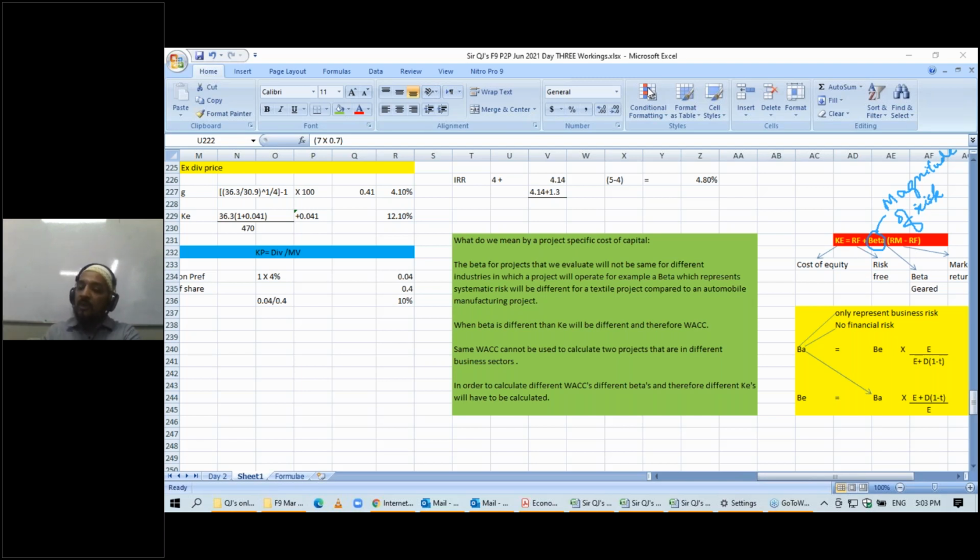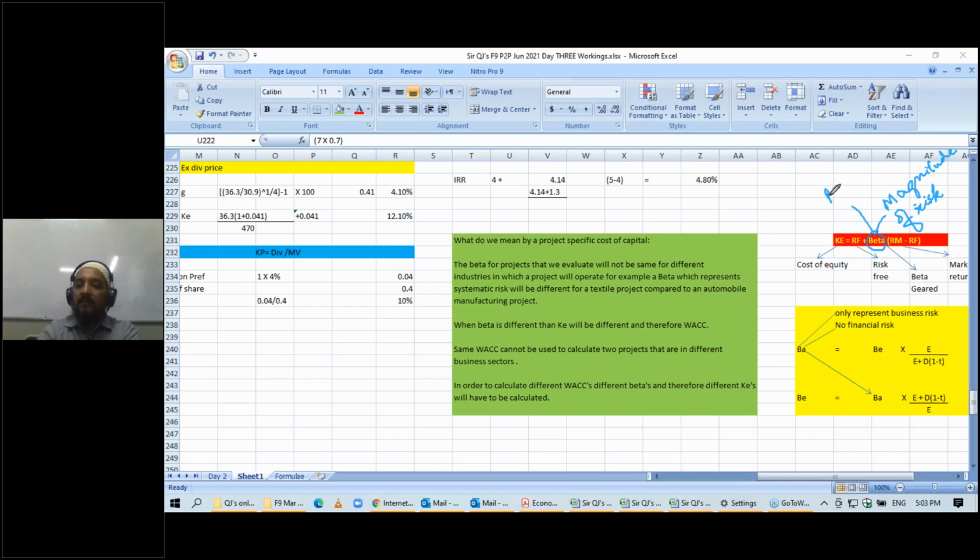So are all projects of the same risk? Some projects' cash flows will be smoother, some will be very fluctuating. So they are not all of the same risk. And further, the companies are also not of the same gearing levels. Some are less geared and some are highly geared. So there are two types of risk. If you look over here, that beta,